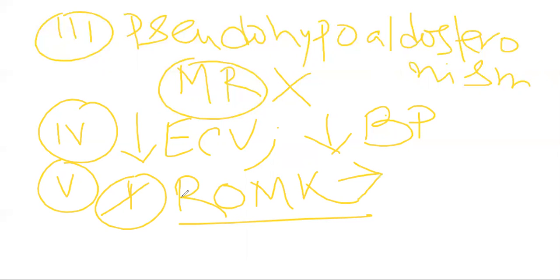So there will be decreased potassium ion excretion or secretion, and it will remain inside our body, and that will lead to an increase in the high potassium ion concentration, which is known as hyperkalemia. Now let's recapitulate the function of aldosterone in the principal cell of the distal part of the nephron, how it actually works.